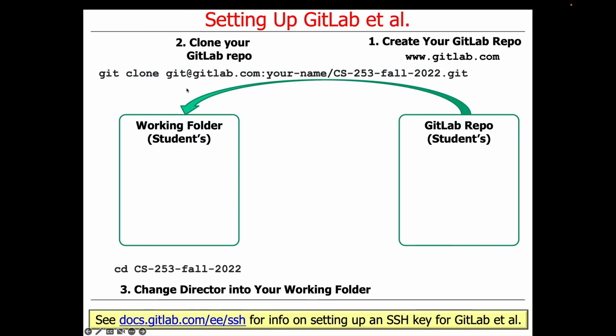And here's what you'll do. Assuming you've created a repository called cs-253-fall-2022, you'll then go ahead and say git clone, git at gitlab.com, your GitLab ID, whatever that happens to be. And that will end up creating a folder on your computer called the working folder. Once that's been created, it'll probably be empty at the beginning. Go ahead and change your directory into it,